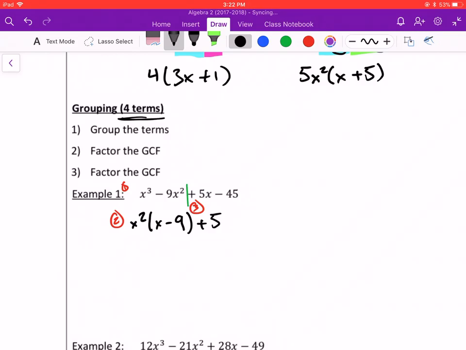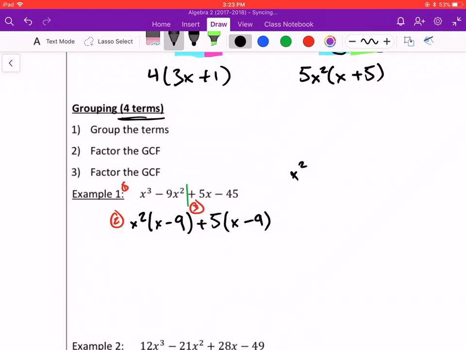Now, only the 5 has an x, right? 45 doesn't, so we'll leave it at that. We can't take out any x's at all, right? They're different. So if I divide 5 from 5x, it leaves me with an x. 5 from negative 45 leaves me with negative 9, right? And just so you can check why it works out: